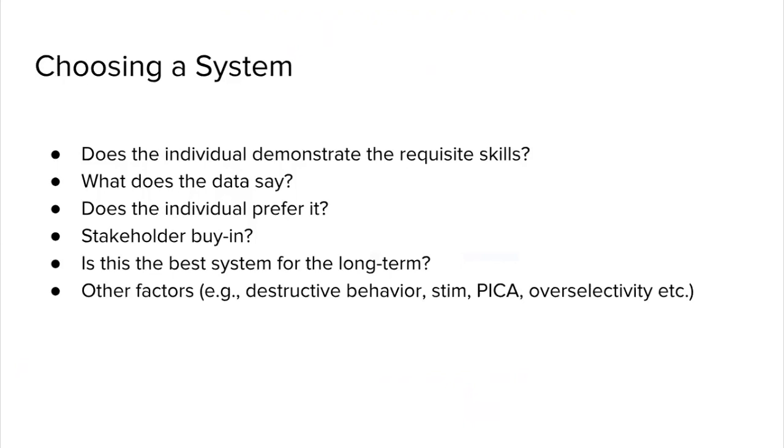Is it the best system for the long term? All right, so this is great. You got 4 buttons that have this person's 4 favorite things. That's great, but is that going to grow with them? And all of those things need to be considered. We're just starting down the road. Is this device going to be appropriate for them if it's that limiting?